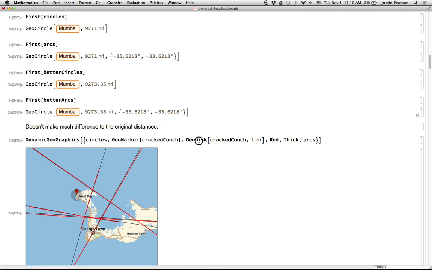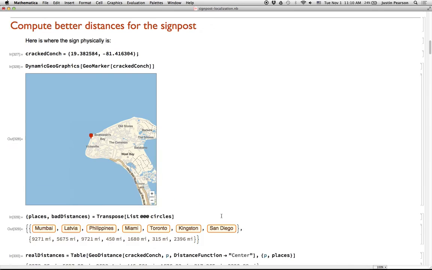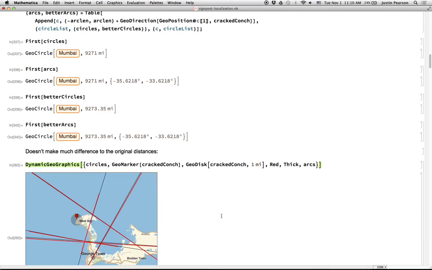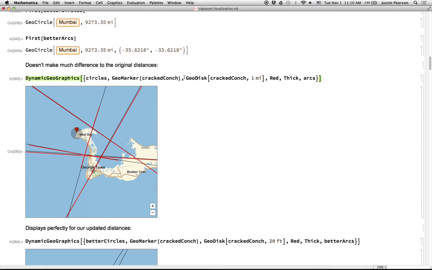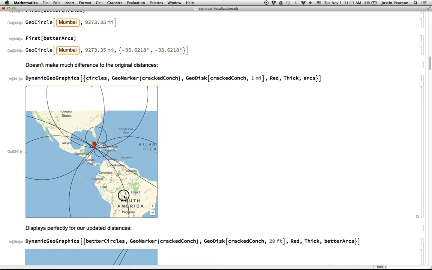Okay, so you could look at this and say, oh my gosh, Justin, here's the reason that this is so bad. Like, our sign is actually correct. It's Mathematica that is drawing it poorly. Let's see whether that's actually the case, because we'll use our circular arcs and see if it works any better. If we draw our circles and then maybe a marker at the cracked conch, here's maybe a 1 mile radius around the cracked conch, and then in thick red lines we'll draw our arcs,